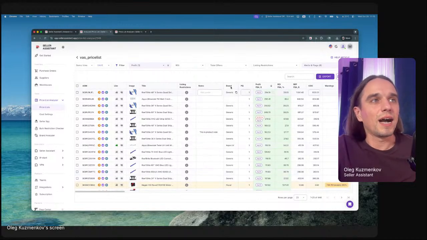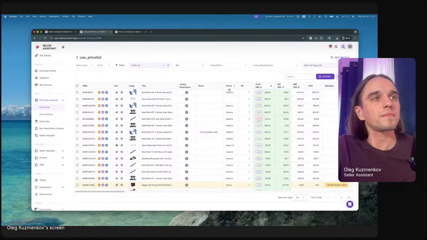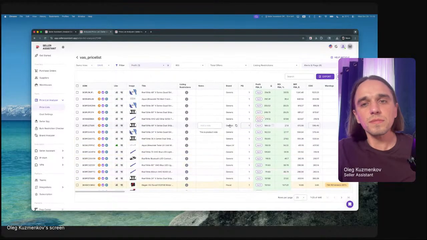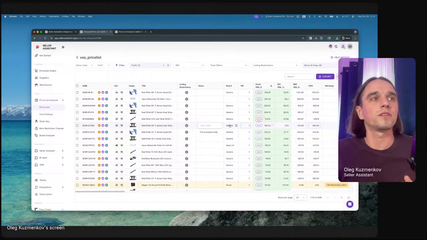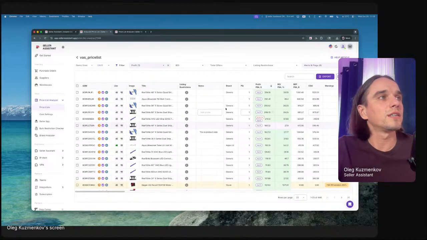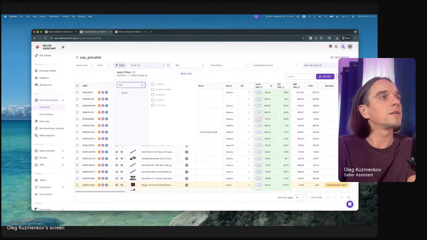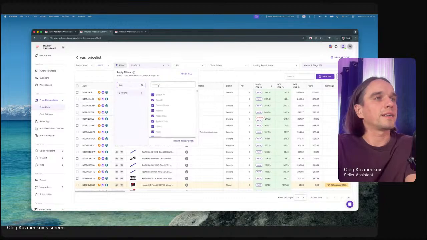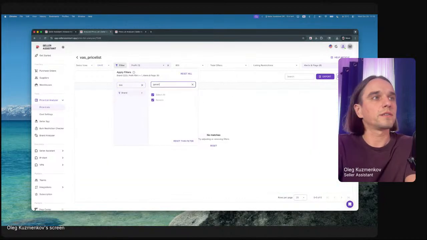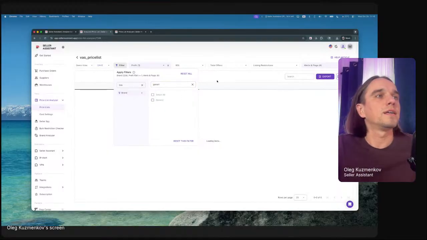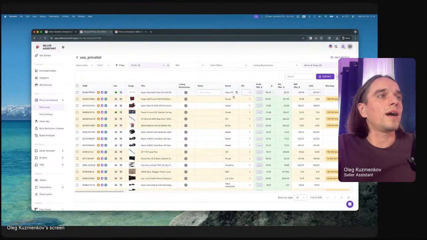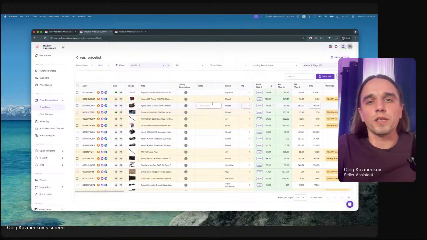So what's next? I also have a lot of generic brands. Since I never sold those ASINs before, I believe Amazon will not allow me to sell those brands. So I also need to remove generic brands. Let me do so. I go to filter, choose a brand, and then I click select all and remove generic. I remove generic, and that's it. Now I have a list of 400 products